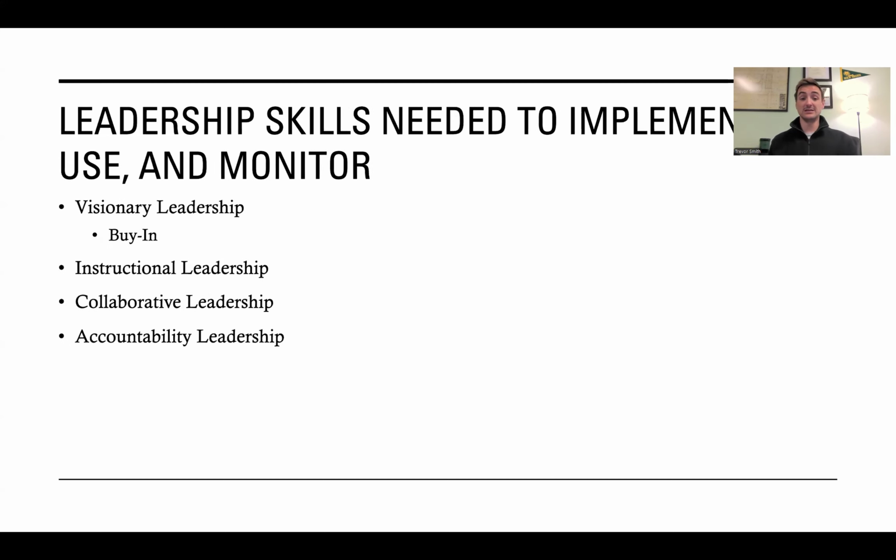Leadership skills needed to implement, use, and monitor the use of proficiency scales. First, you have to have visionary leadership. You have to have a clear view from the very beginning of all of these minor details, as much as you can, that it takes